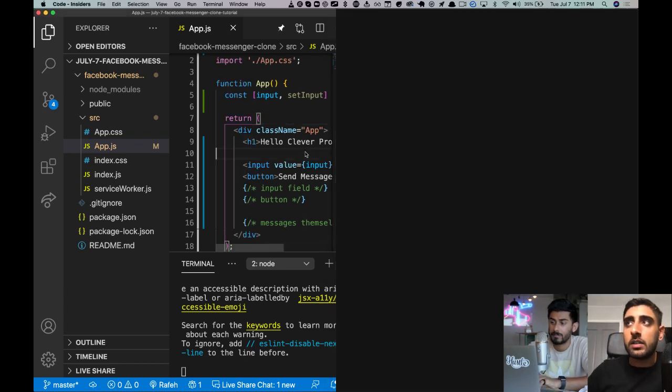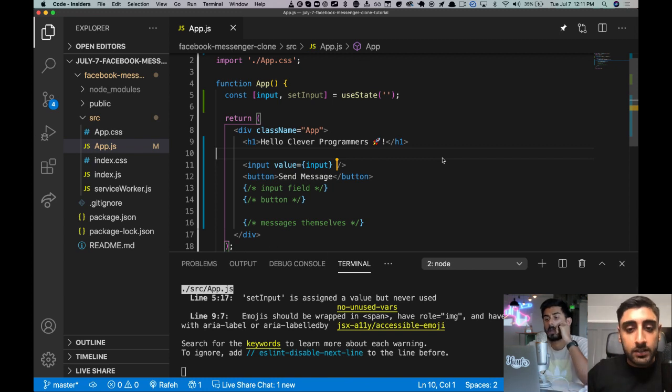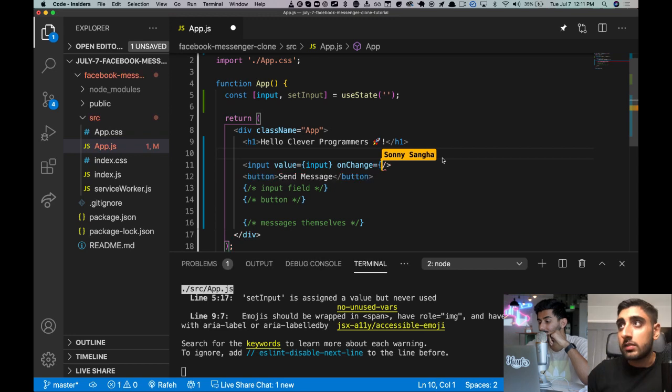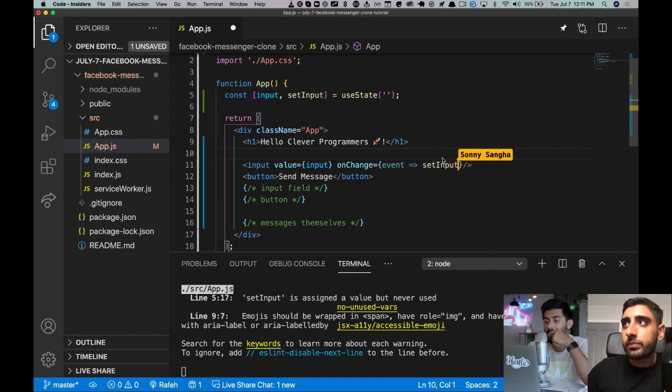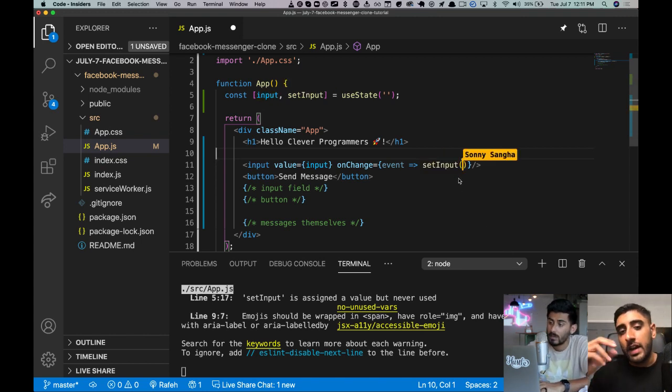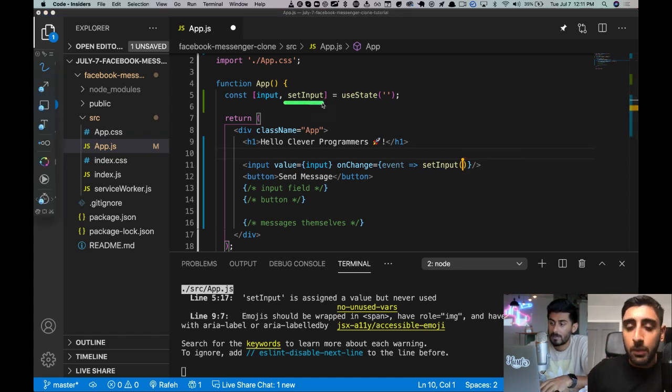So now what we need to do is update the state as we type. So we use something called onChange, and onChange is going to fire off something called an event. Here we're using ES6 syntax, and we're saying when the event gets fired off, so when you start typing on the keyboard, we're going to say set the input. So we're going to update the input, and you have to use this method whenever you want to change the input. It's React's clever way of telling it when and how to re-render. And what we do here is we say